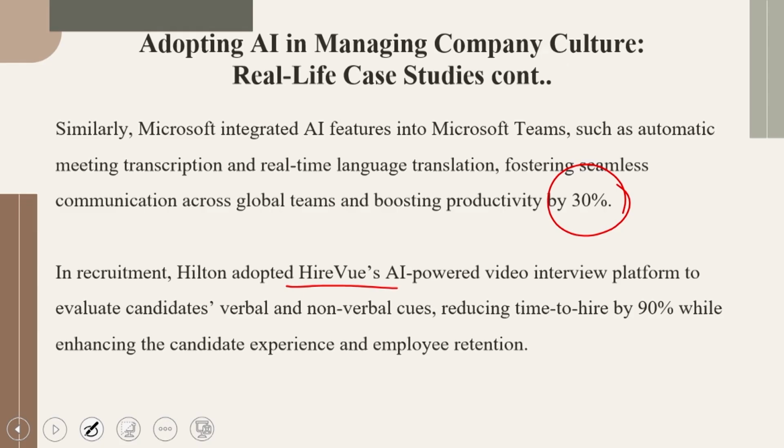So what we typically understand is that all these examples demonstrate how AI can be a transformative force in managing and enhancing company culture. When you are looking into such platforms, you see that there are a lot of them.